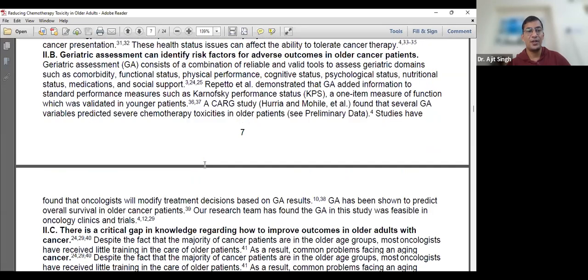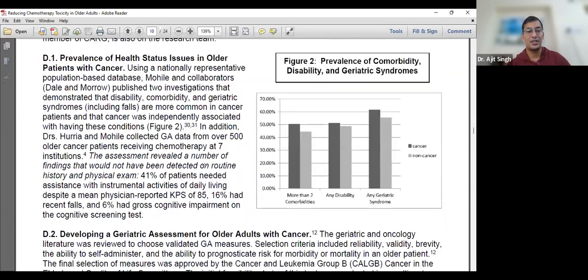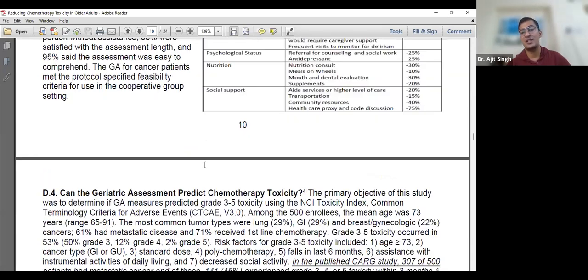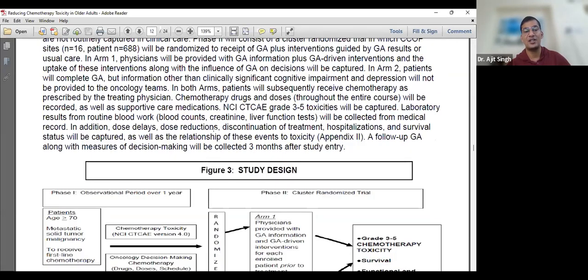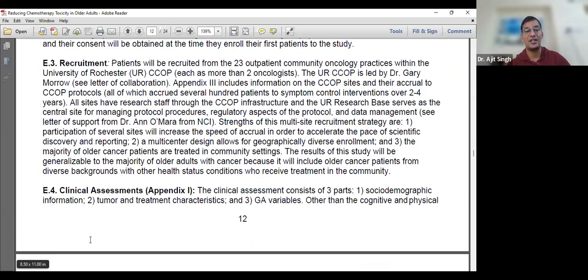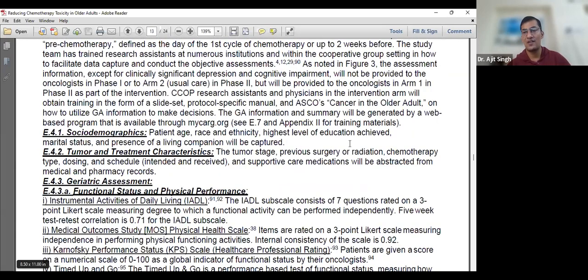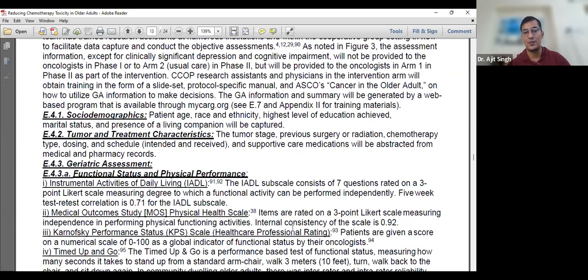Preliminary data, conceptual methods, everything is mentioned in this. Entire study design, recruitment, clinical assessment, whatever is required, everything is mentioned. So with this, I think we must end our project and our proposal writing